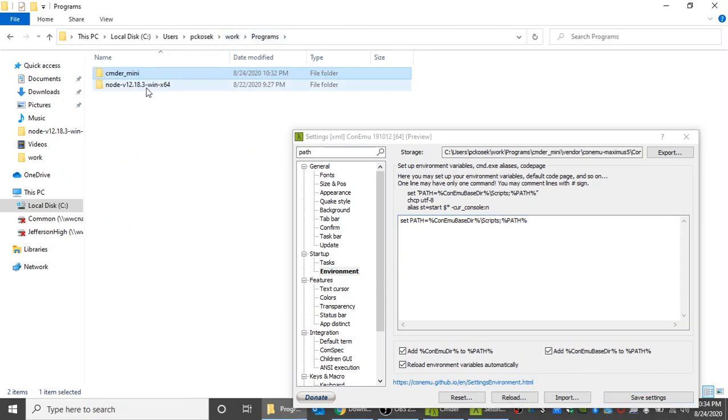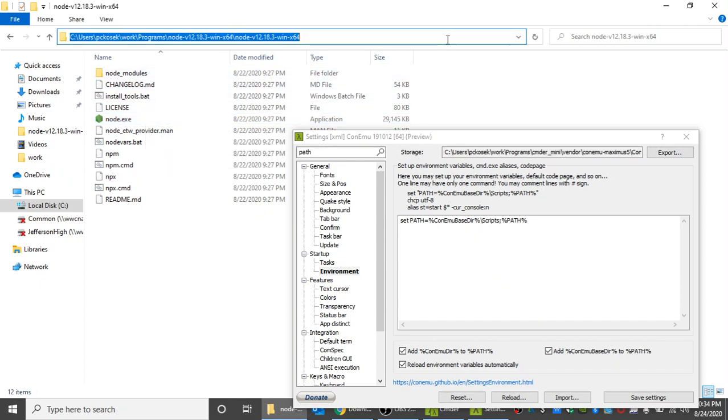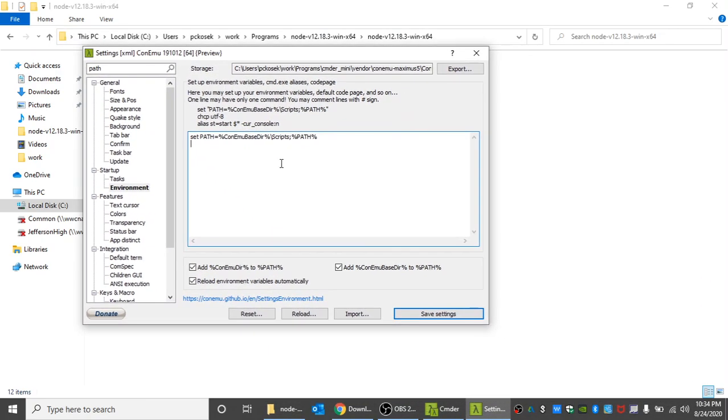I know I've extracted Node over here into this folder, and I can see node.exe is the program that we actually want to be able to run from the terminal. So I'm going to copy this location, and now I'm going to append that to the path. So I'm going to say set path equals, I'm going to paste this location, and then this is the important thing. I'm now going to add %path